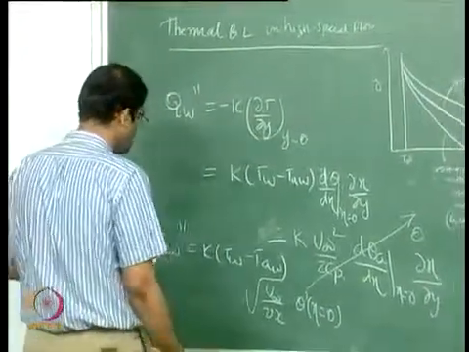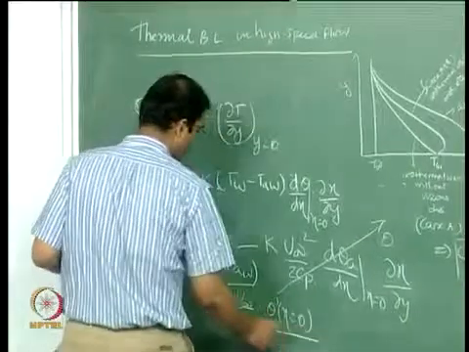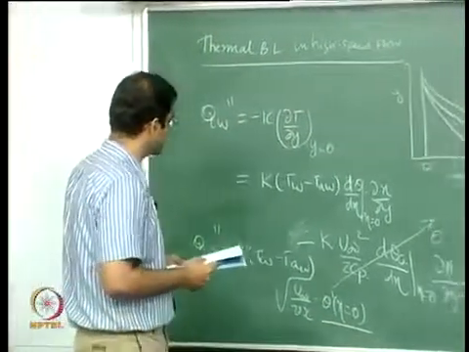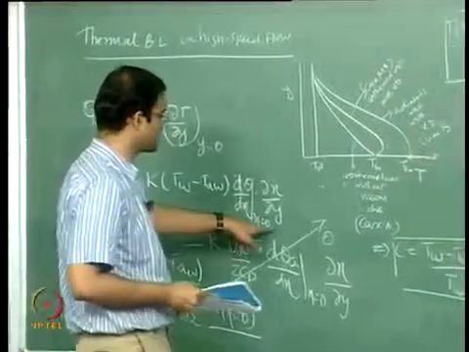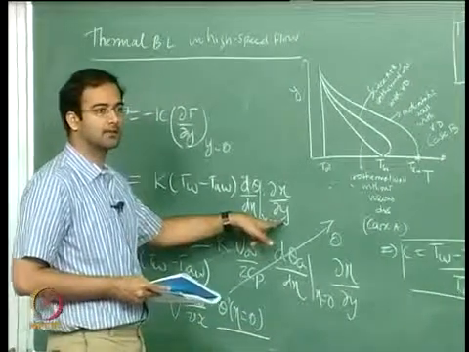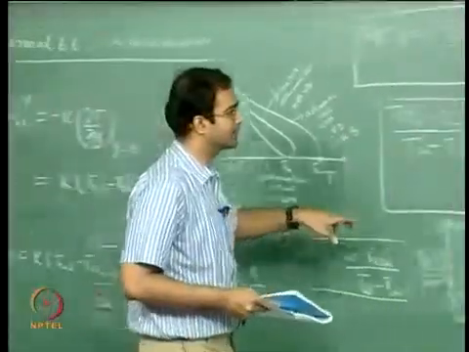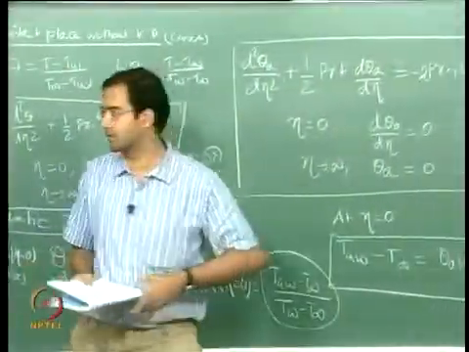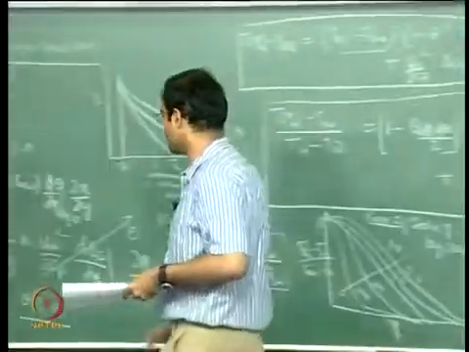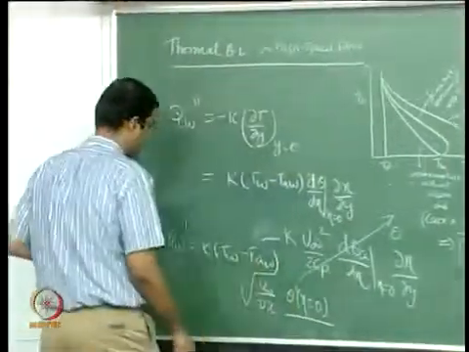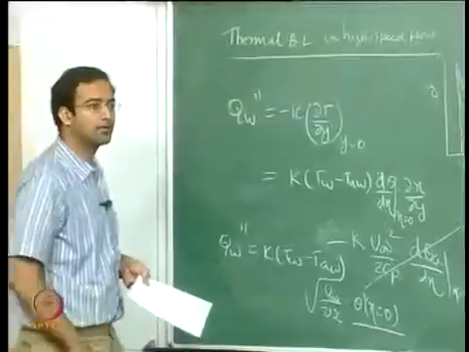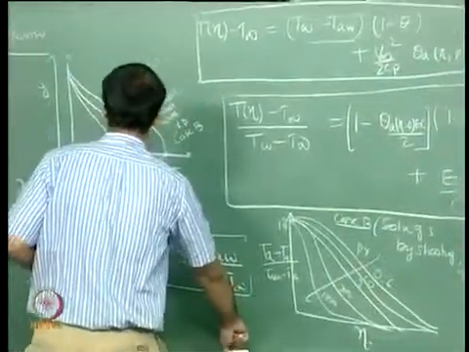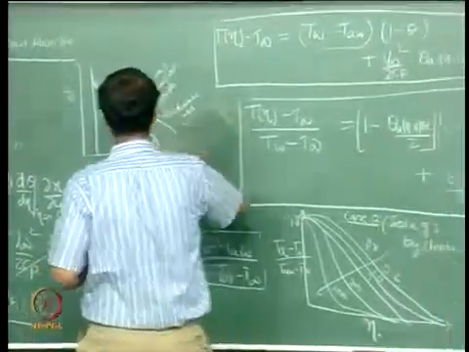Okay. Now once you determine the value of theta prime at eta equal to 0, that is for the Pohlhausen's condition. This is coming from the Pohlhausen's case. So when you solve this, you naturally determine theta prime at eta equal to 0. So once you do that, you substitute it and this will give you the wall heat flux, alright. So we have already done that, okay. If you can perhaps recollect,